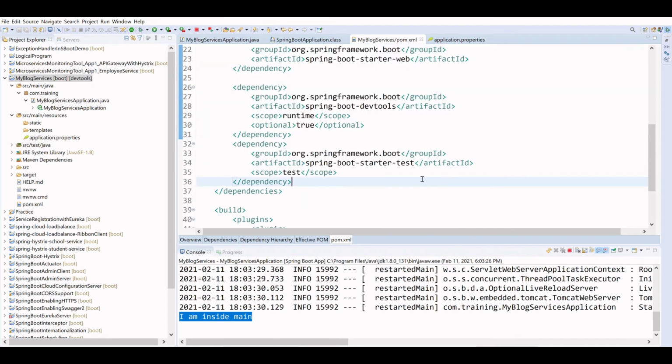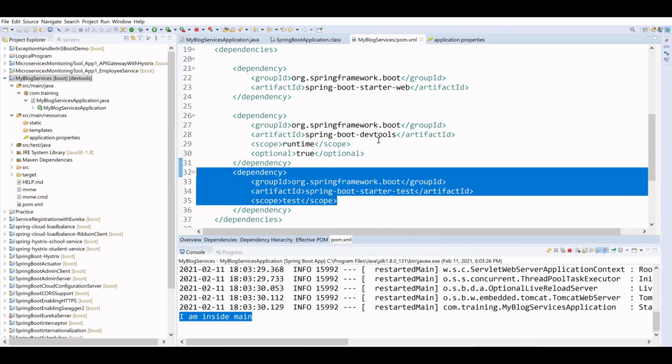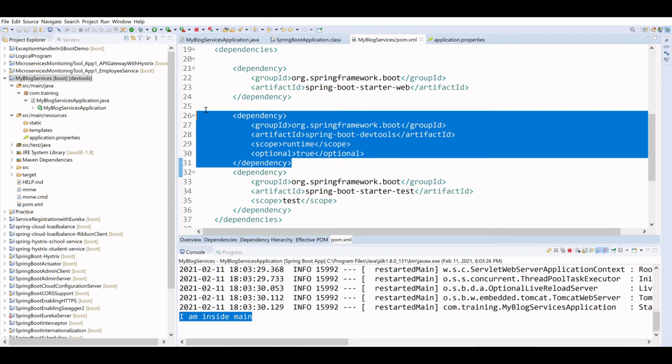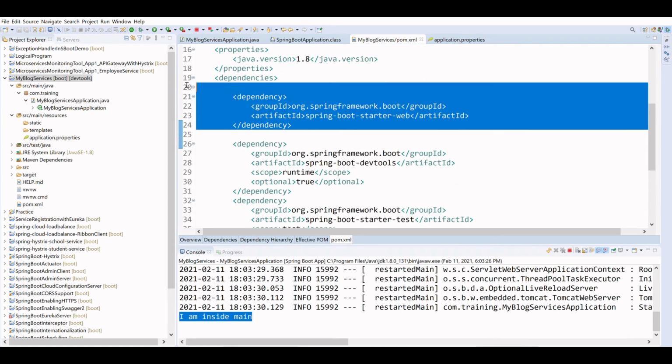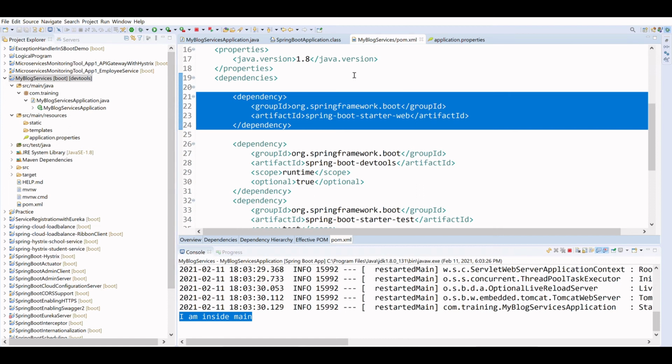By default we have a test dependency, and we have added Spring DevTools. You can add or remove it, but it is very good, because we do not need to restart our application multiple times. And the second thing is that this is the way we have added things so that we can write our API. So let me go with a very simple API to create.